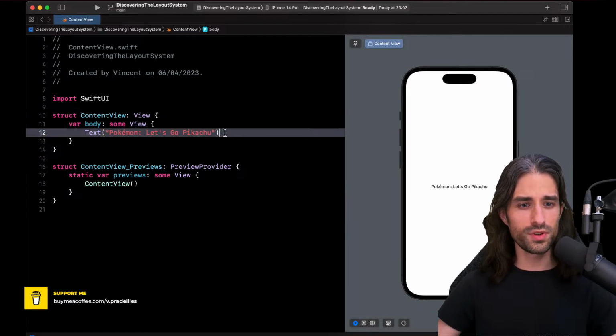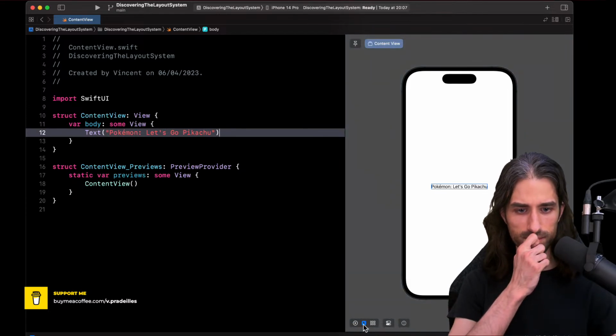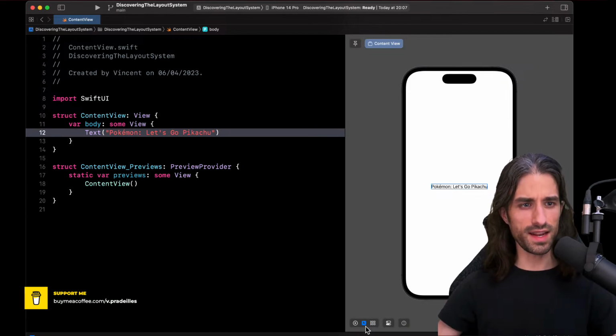Another thing I want to show you is the space that the text actually takes. So for that, you need to click on this little button here. By default, it was on the top left, the one called Live. And you want to put it in Selectable.